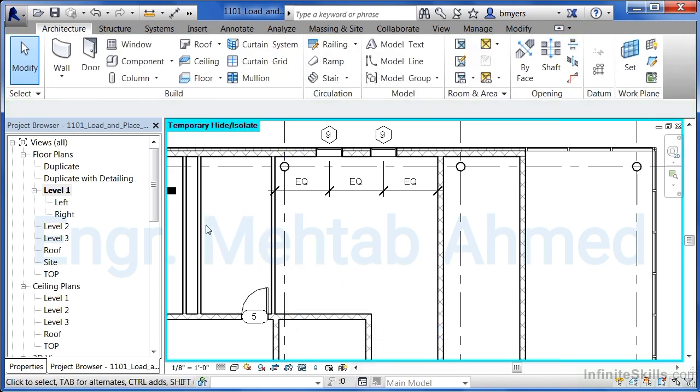This will temporarily hide it. It's not permanently gone, and if you tried to print, it would still print. But just for right now, so that we can see past it when we're placing our cabinetry in, it's going to be temporarily hidden. Now, we need to start loading in some casework into this project because I know that